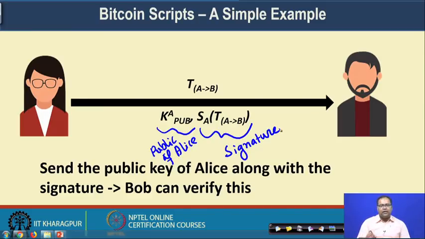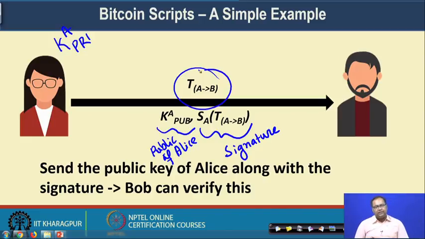Now, as we know based on the digital signature mechanism, only Alice has her private key, and with this private key she has generated this particular signature. If the public key of Alice is available, using this public key you can verify the signature. So, Bob can verify this signature and be sure that this transaction has actually originated from Alice and that it is a valid transaction. In that case Bob's wallet can consider that the 10 Bitcoins have been transferred, so Bob can certainly take these 10 Bitcoins and use them for another transaction.